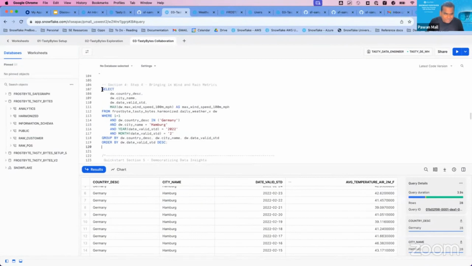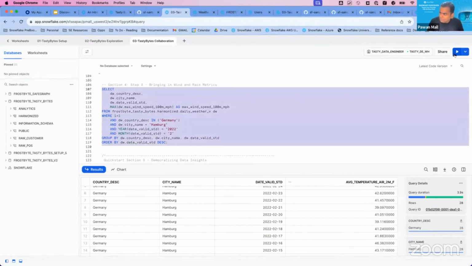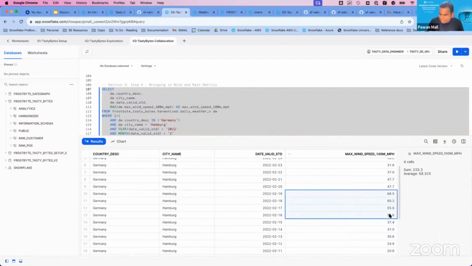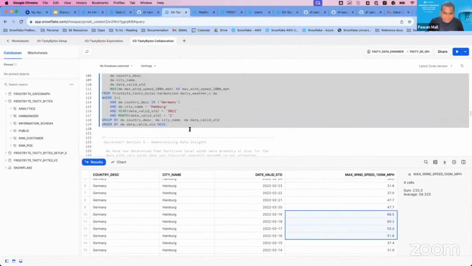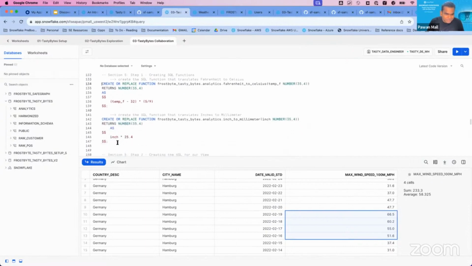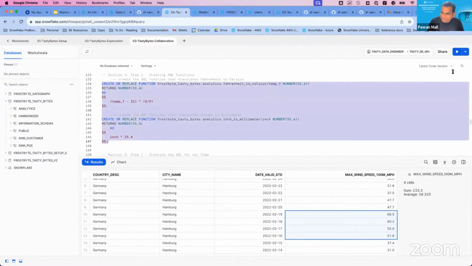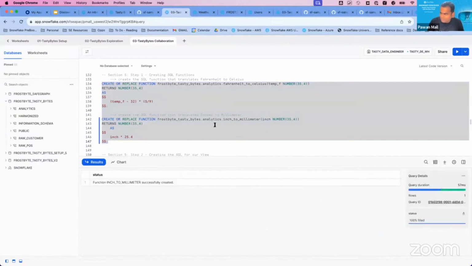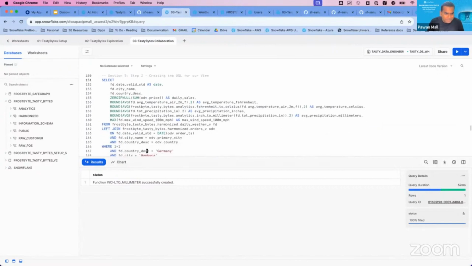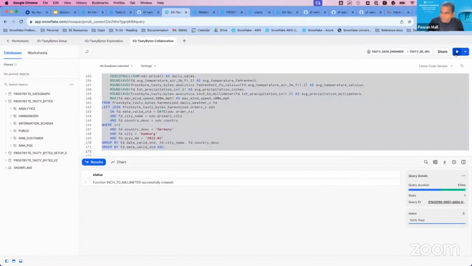Similarly, my next guess is wind speed, right? And I think that is what I will find here, that during those days when there were 0 sales, the wind speed was very, very high, and probably there were storm conditions. I can run a couple of these and show you the last result. I can create UDFs to convert temperatures from Fahrenheit to Celsius and vice versa. But let me run this quickly to show you the final outcome.